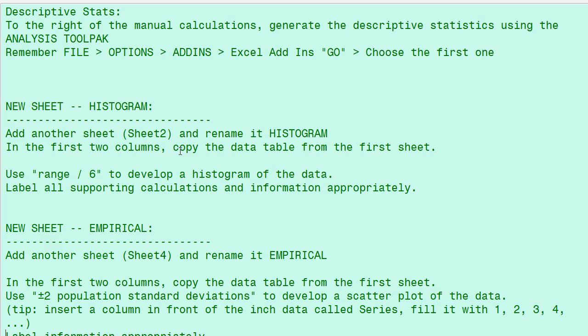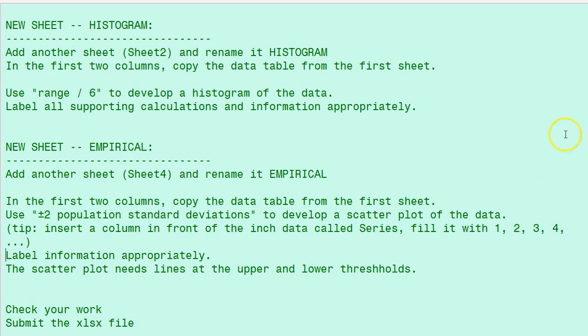Then add a new sheet and rename it Empirical. In the first 2 columns, copy the data table from the first sheet. Then you're going to use plus or minus 2 population standard deviations to develop a scatter plot of that data, so we can identify which are unacceptable and which are the 95% that are good data that describe how your catapult performed. Another tip I have is to insert a column in front of the inch data called Series and fill